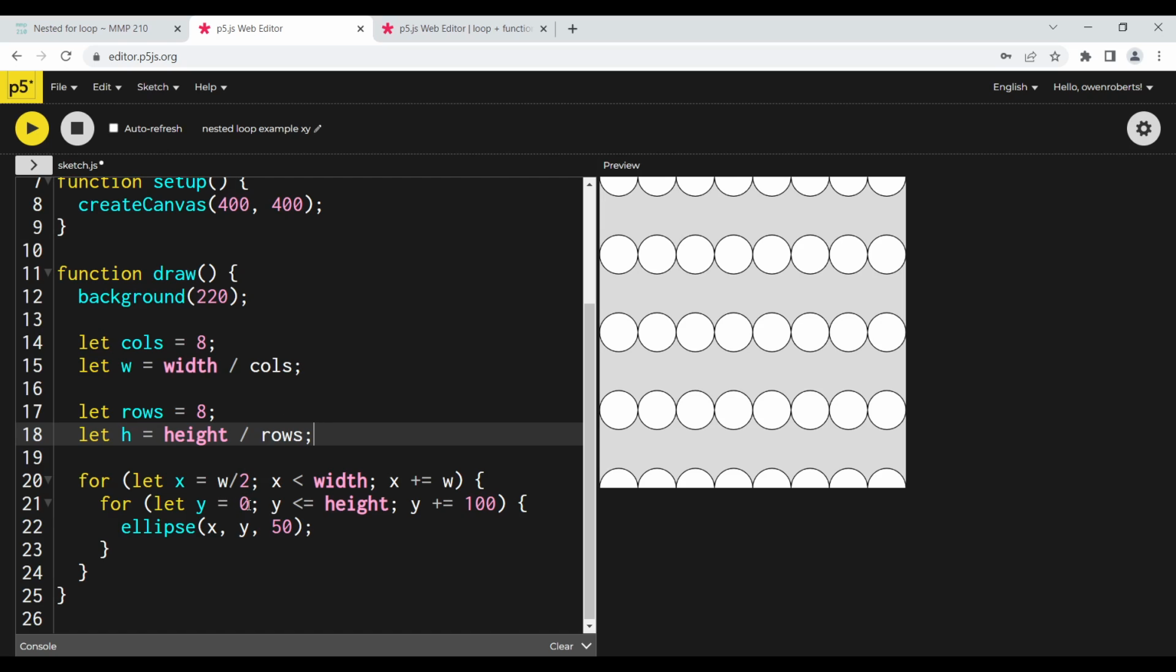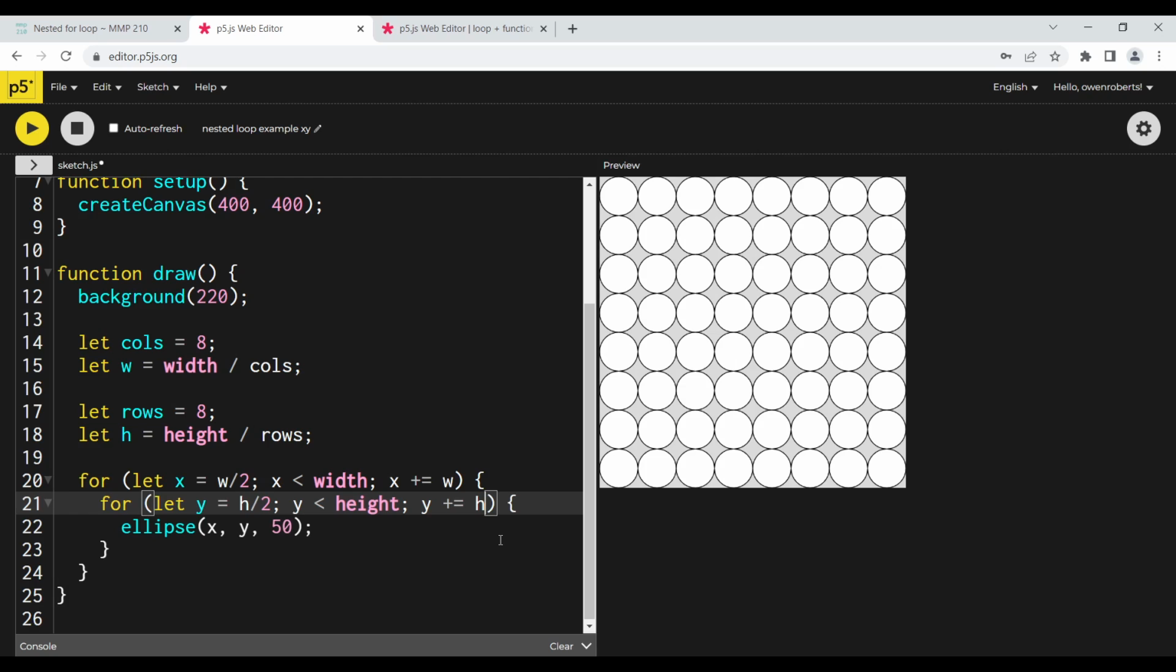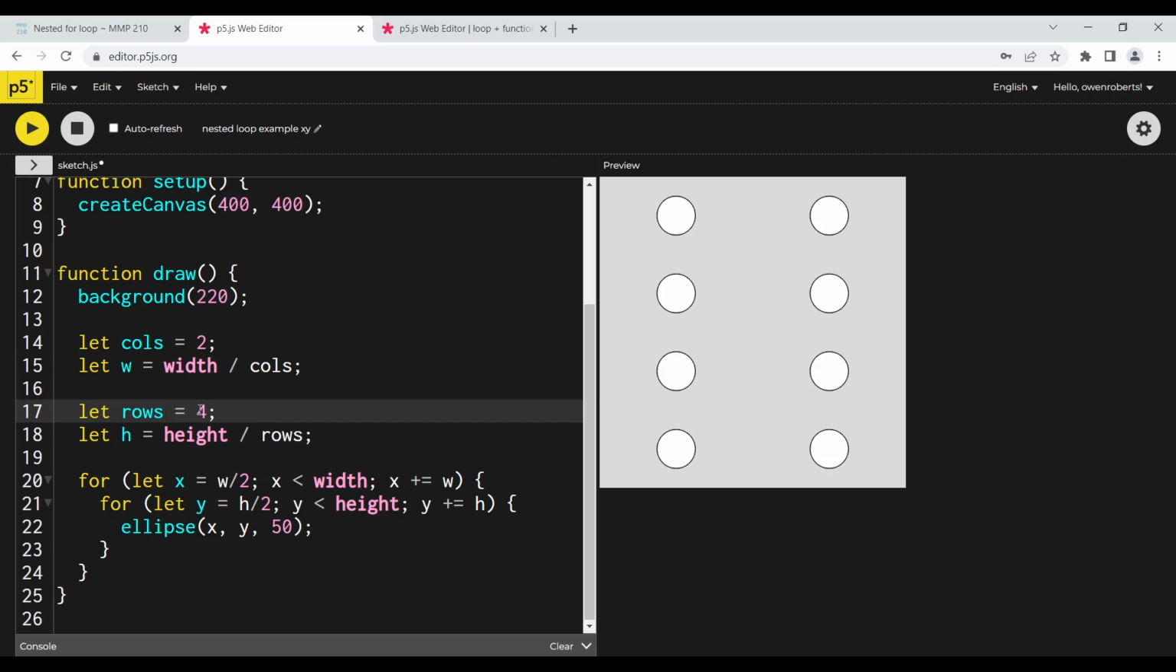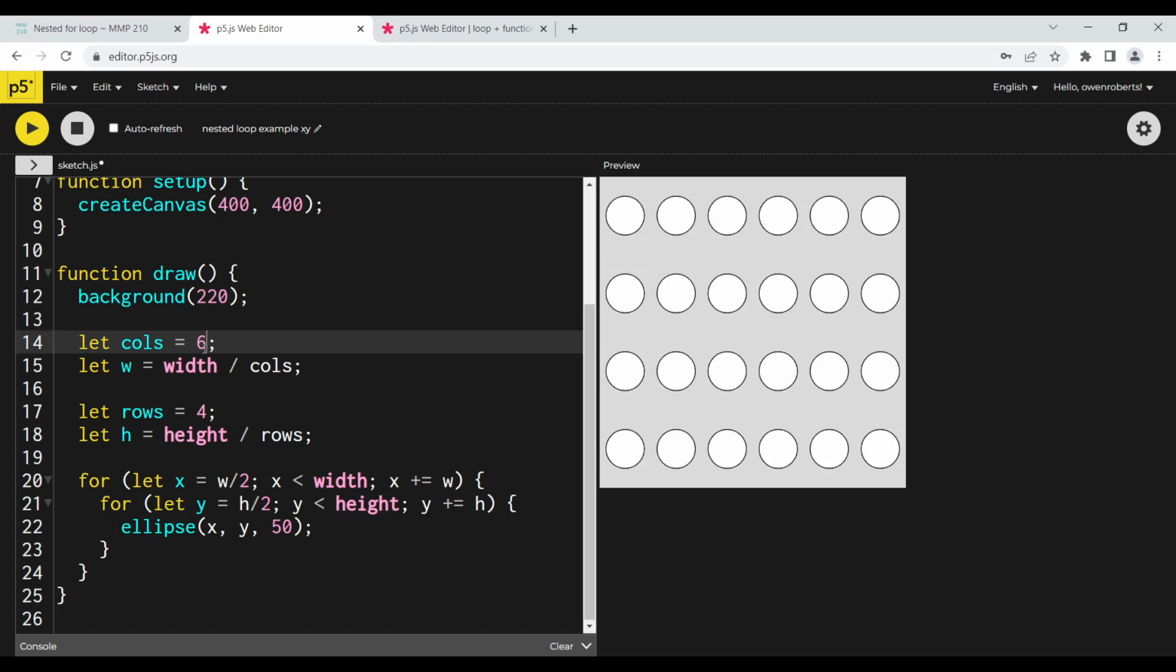So then I want to start at h over 2, and I want to go to less than height. And now I can say y plus equals h. So now I can fill in my grid really nicely, and I can make simple changes to my code. Like if I want 2 columns instead of 8, I just change that number and everything else updates with it. Same thing with my rows. Let's say I want 4 rows instead of 8, or if I want 6 columns and 4 rows, it'll fill